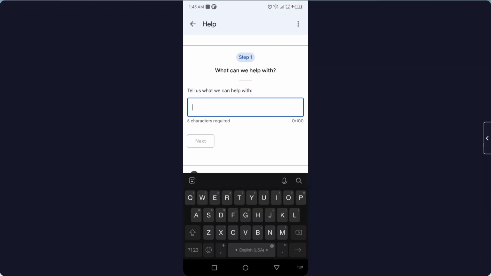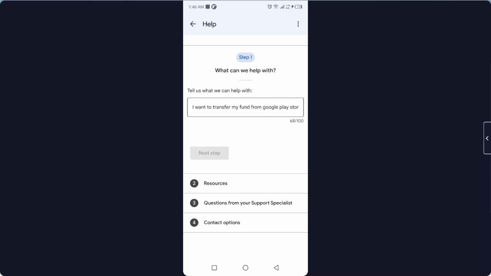So here you need to mention the reason. I want to transfer my fund from Google Play Store to my bank account. Okay, once you've done that, you simply need to click on next,